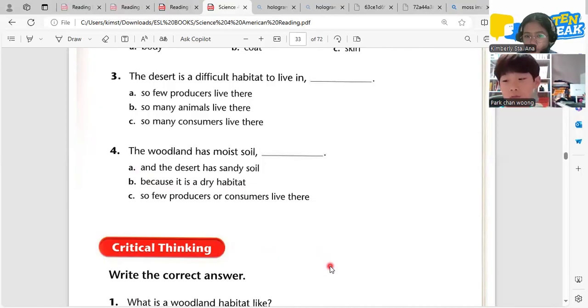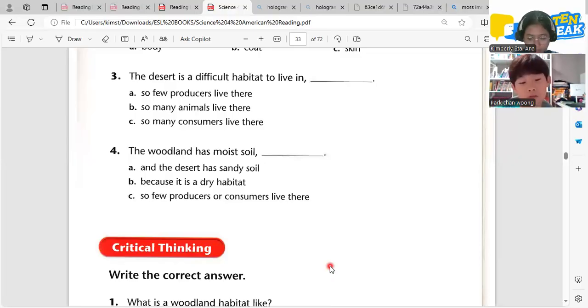No, it's letter A. We're talking about the type of soil here. Can you read it again, please? The woodland has moist soil, and the desert has sandy soil. Very good. See, you got it.